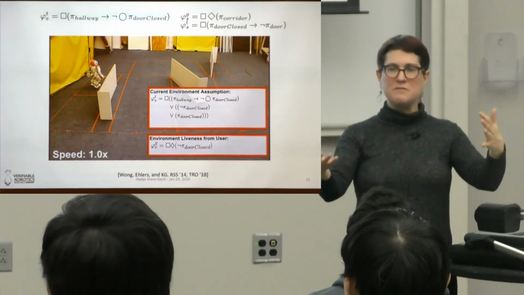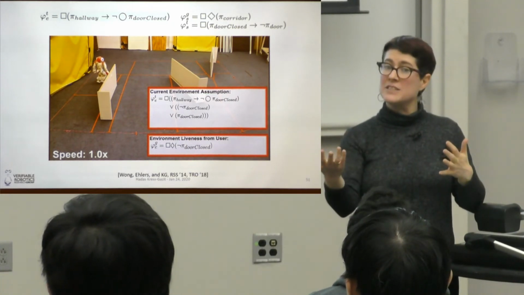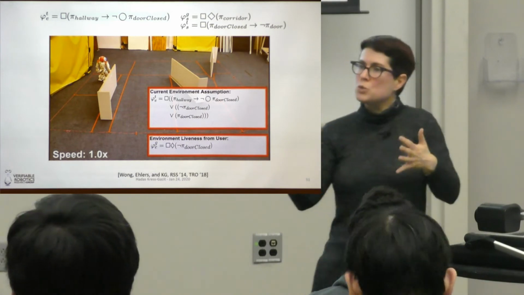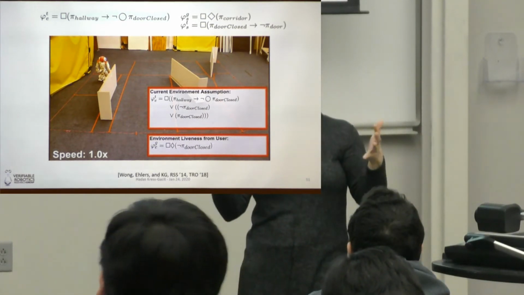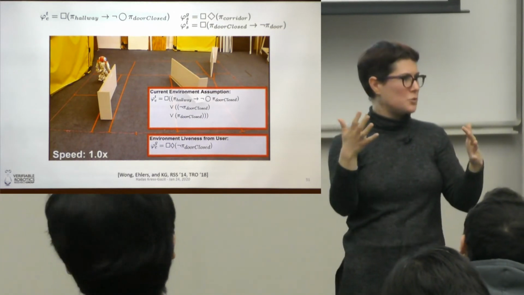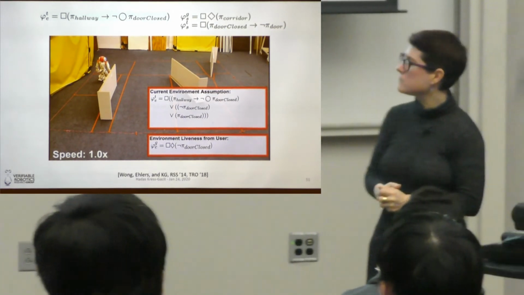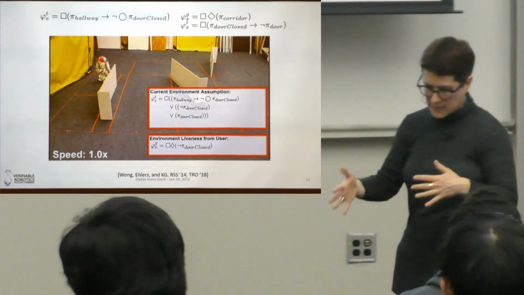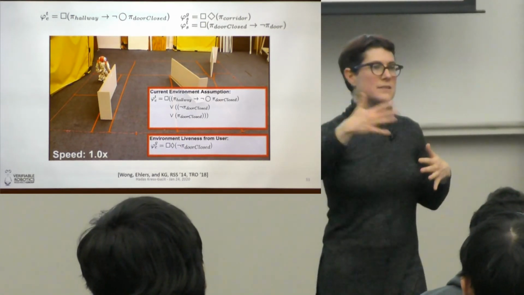We can change the safeties based on observed information, and we can ask for help if the assumptions are not enough to generate the task, and ask, you know, what else can I assume from the user? What we did with this later on is this is a robot and an environment that it doesn't control.